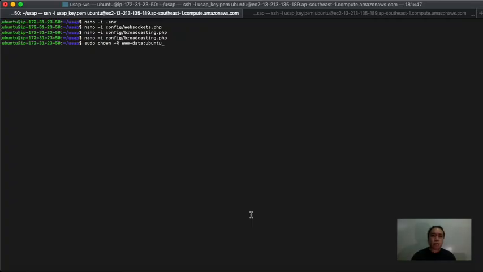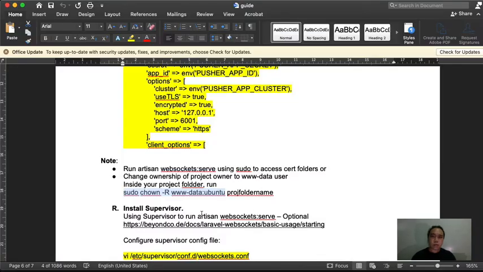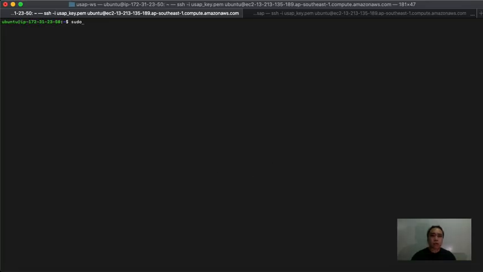So let's just type in this one, sudo user, Ubuntu user. Okay, clear. So now we're going to execute the WebSocket serve using the sudo to access the